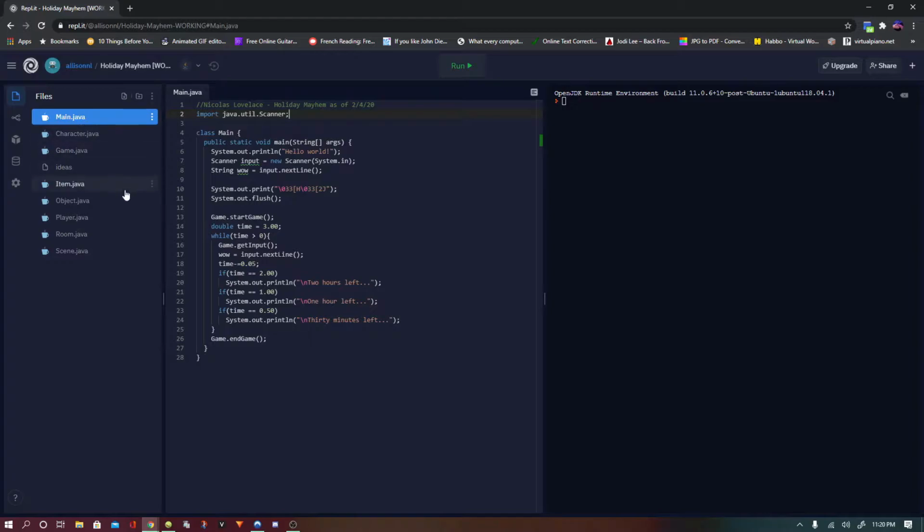But for this one, this IDE or whatever, this compiler, it always wants you to do a main class, so I was obligated to do that. Otherwise, I would have just started in the game class. But because of this, now I have a habit of making a main and then a game. This is how I set up my little games whenever I make them, because I'm not good at any other language besides Java. I've tried Python and C++ because I know I'm gonna have to learn those.